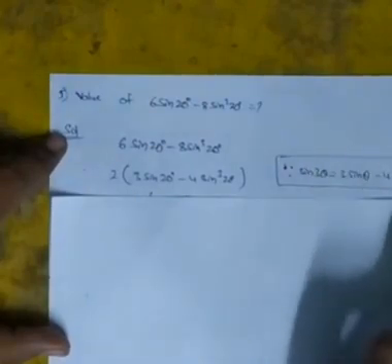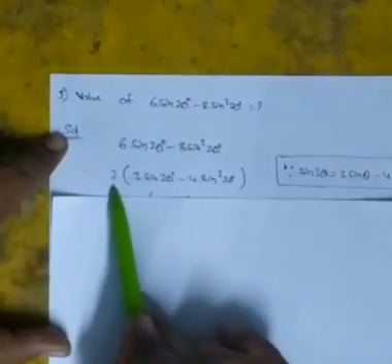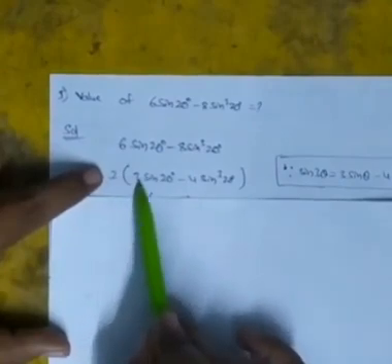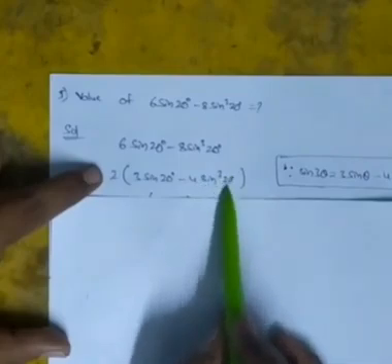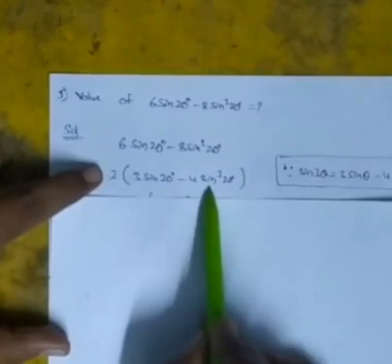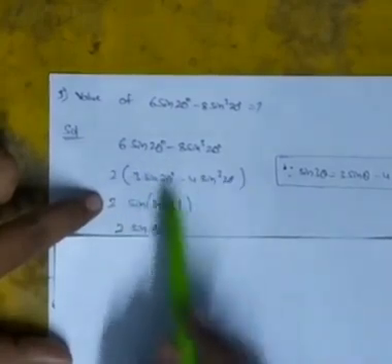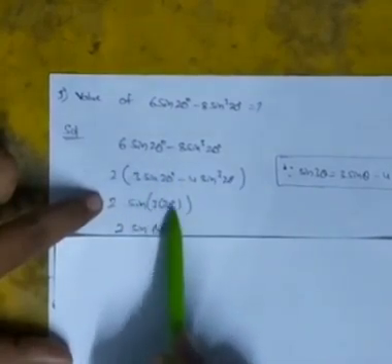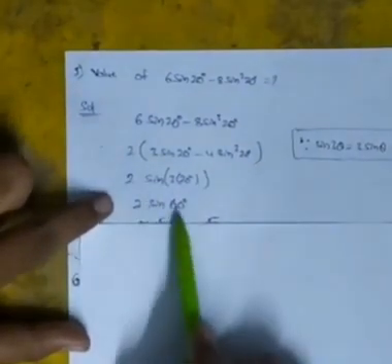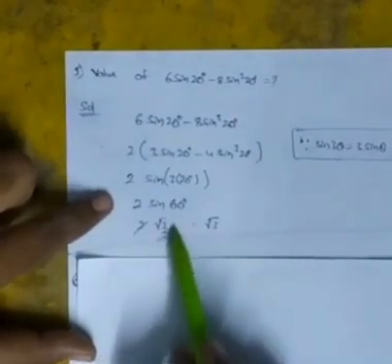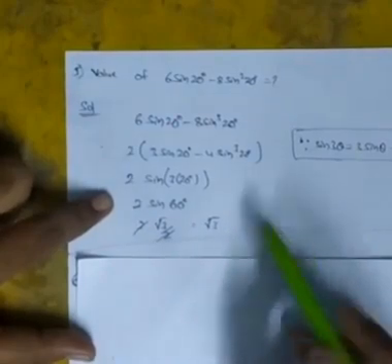So it is given on the right side, but here instead of giving 3 and 4, he has given 6 and 8. By taking 2 as common, we are left with 2 into 3 sin theta minus 4 sin cube theta, where theta is 20 degrees. So directly we can write this whole term as sin 3 into 20 degrees, which becomes 2 into sin 3 theta. Theta is here 20, so this inside term will become 60: 2 into sin 60. We already know sin 60 is root 3 by 2. The 2 in the denominator and the 2 multiplied get cancelled, and we are left with root 3, which is the correct answer.